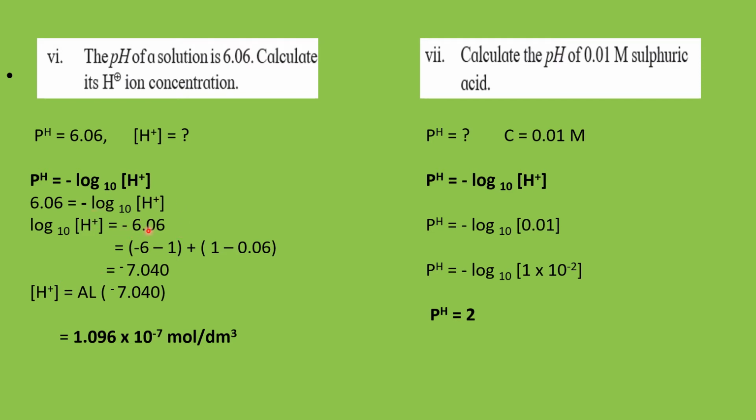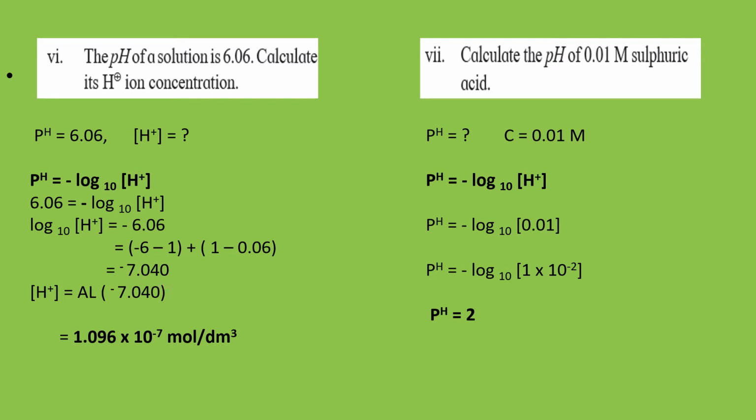But we cannot take the anti-logarithm of a negative number. So we have to make it positive. For that, we are adding 1 and subtracting 1. We are writing it as minus 6 minus 1 plus 1 minus 0.06. So here we subtracted 1 and here we added 1. So the total will be equal to 0. There is no change in that number. So this expression can be written as bar